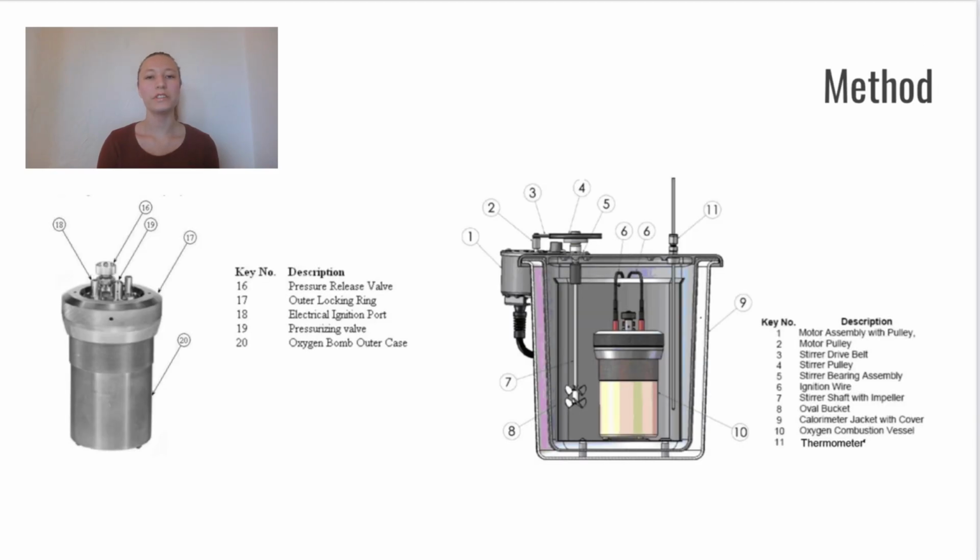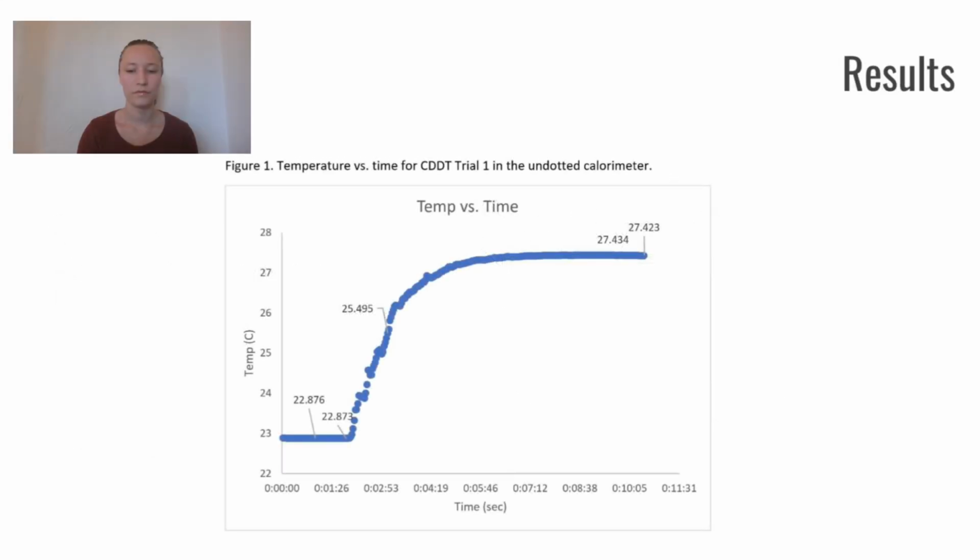On the left, you are seeing the oxygen bomb calorimeter that was used for this lab. On the right, you are seeing the complete bomb calorimeter schematic and setup. The initial section is 60 seconds before the bomb was fired. The middle section is while the water is heating, and the final section is 90 seconds after the temperature stabilizes